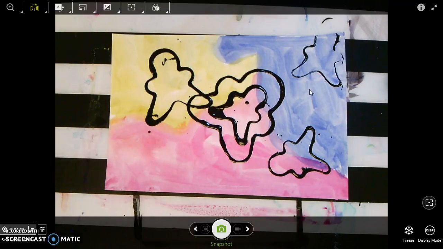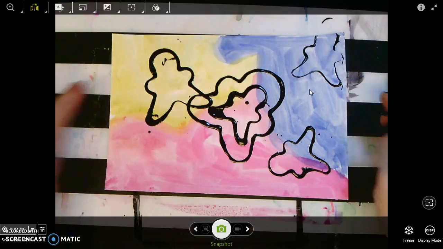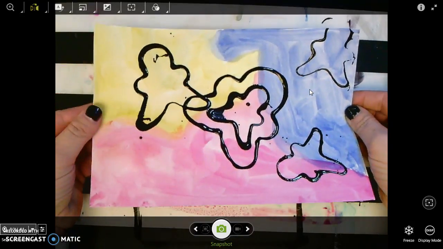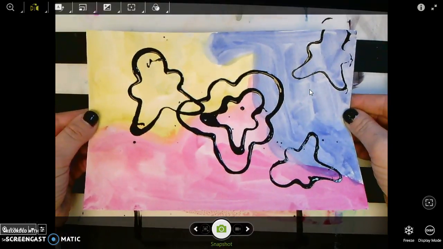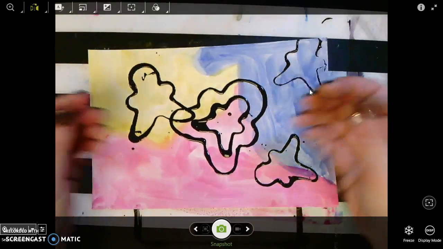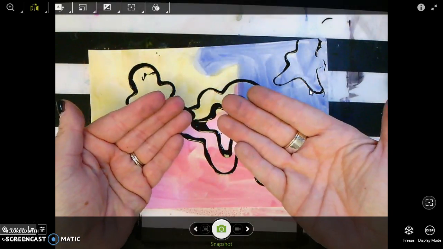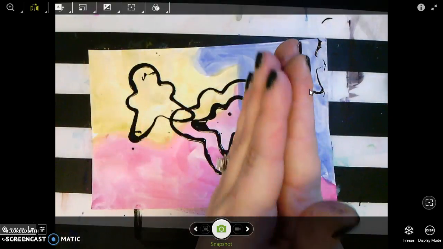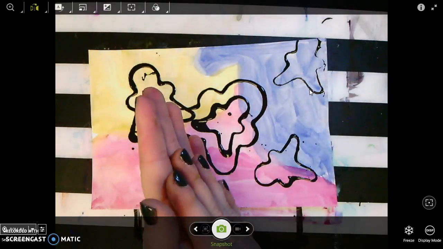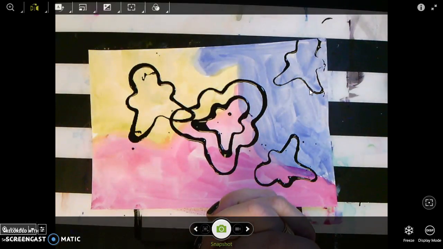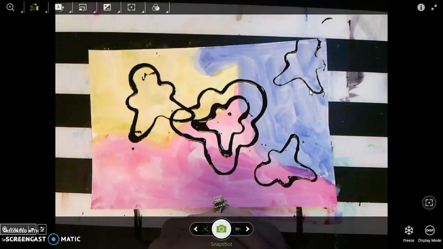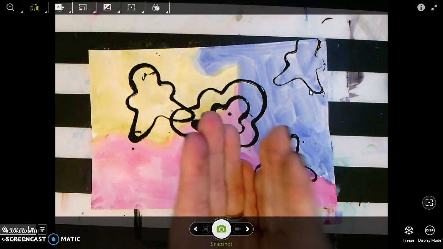When done, my many colored paper is gonna go to the drying rack. If my hands are messy, I'm gonna wash them in the sink. When my area is clean, I can read a book.